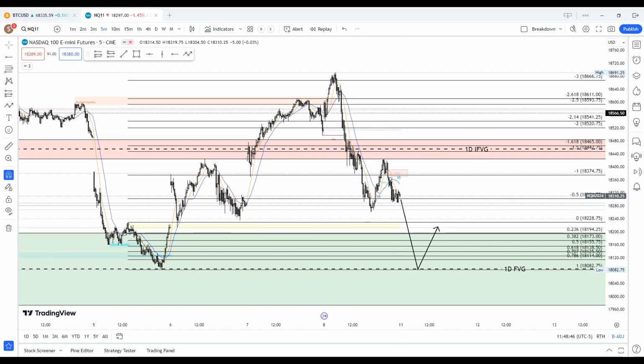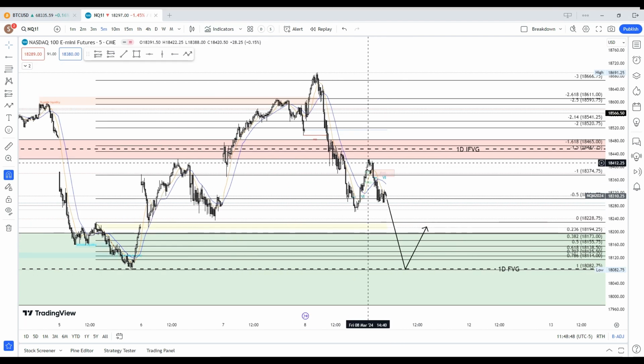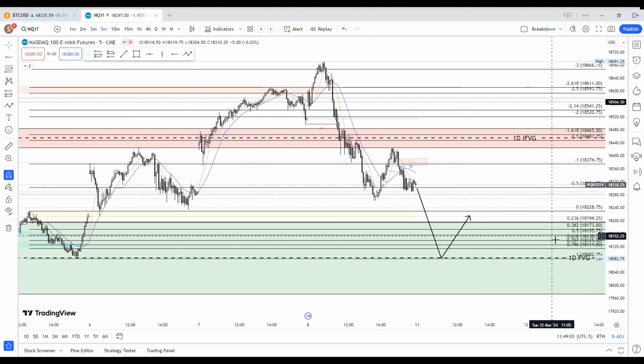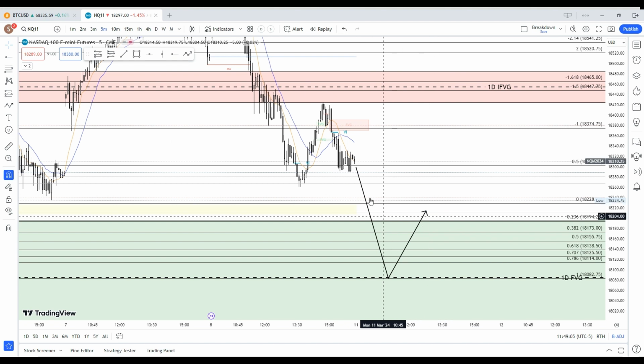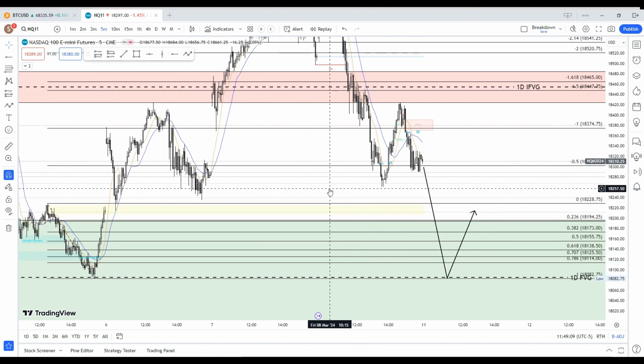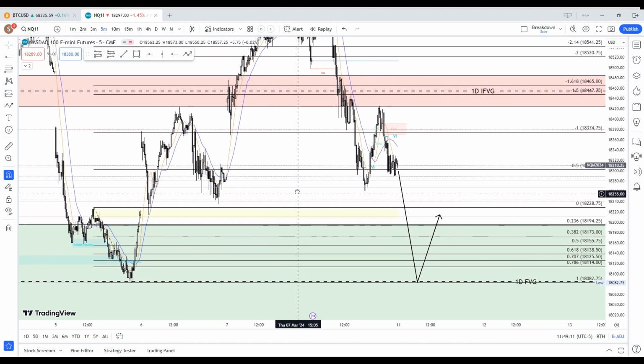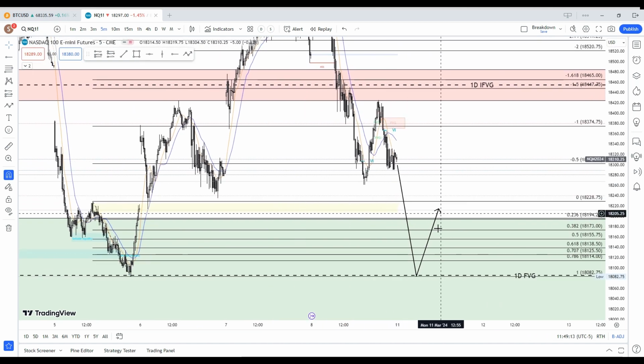So that's all I got for NQ for today. Being Monday and CPI the following day, I would expect it's just going to be a grind, kind of consolidation. I'm hoping for something like this. That would give us some good volatility still for a Monday. So we'll see how this plays out.